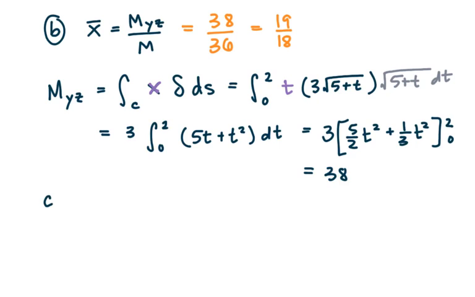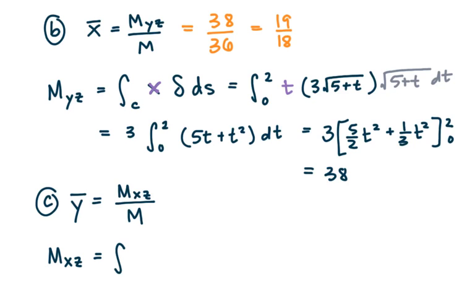Then let's do C. In order to find y bar, we need the moment around the xz plane divided by the mass. So the moment about the xz plane is the line integral across the curve C of y times the density function ds. So the only way this is different, when we set that up, we've got the integral